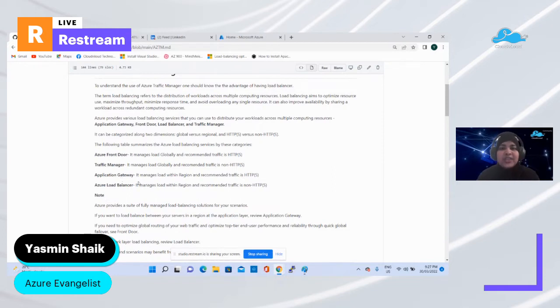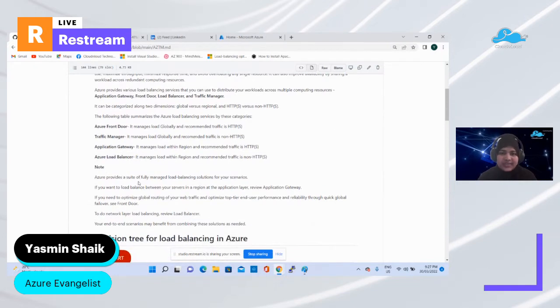Okay, so you need to think about whether your application is going to be public facing, and whether you expect it to be getting HTTP or HTTPS traffic. You also need to decide whether your application is going to be hosted in one particular region, or globally utilized. Based on all these scenarios, you will decide which load balancing method or technique you can use